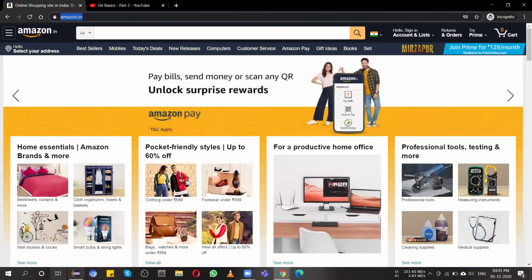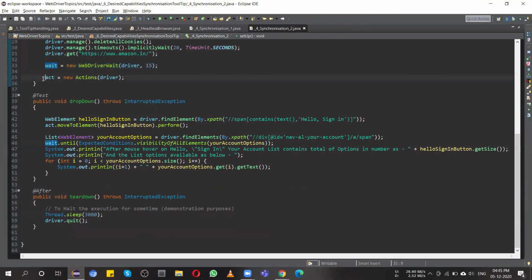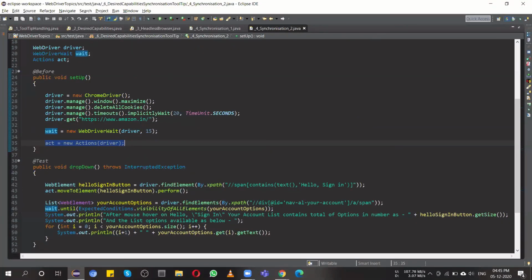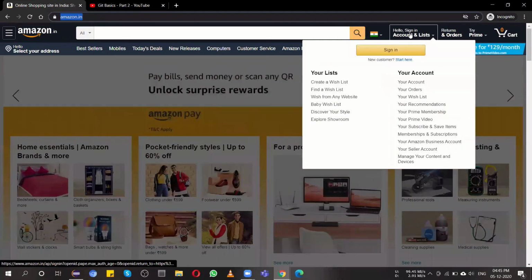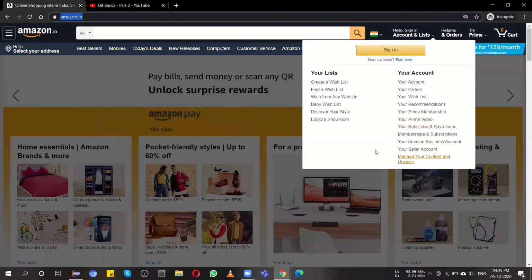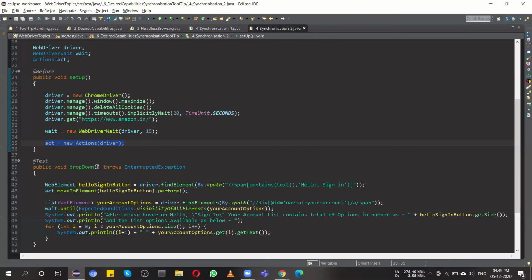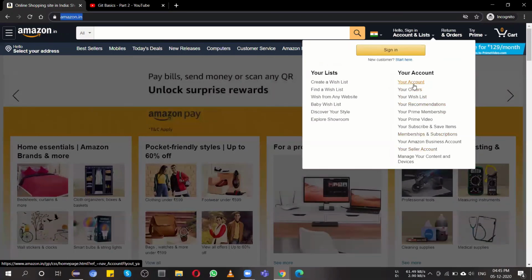So for this, we wrote the script. First of all, this is the regular stuff. Then the wait we needed, I'll tell you where to apply it, and one Actions class with driver as an argument. We are opening the website once again. Then I found this particular web element, waited for this box to be displayed or visible, and then fetched all those options under your account.